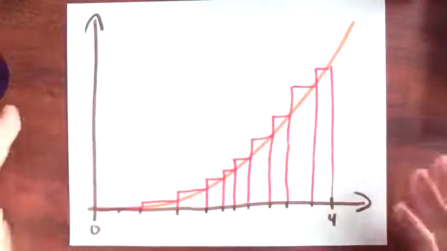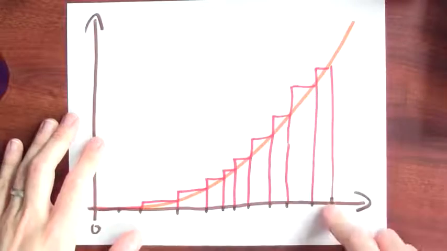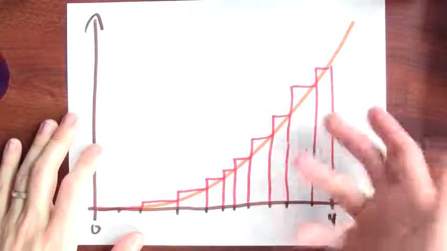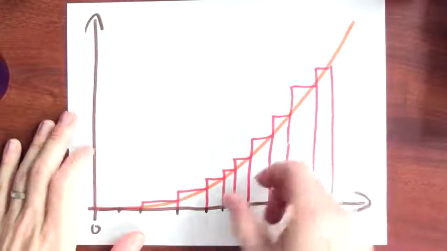We've already got an idea about how we can approximate the area of a curved region by replacing that curved region with rectangles. We've already done this. If I want to approximate the area under the curve, I'll just add up the areas of these rectangles. And that's a pretty good approximation if these rectangles are thin enough. If I make those rectangles thinner and thinner, that gives me better and better approximations to the area under the